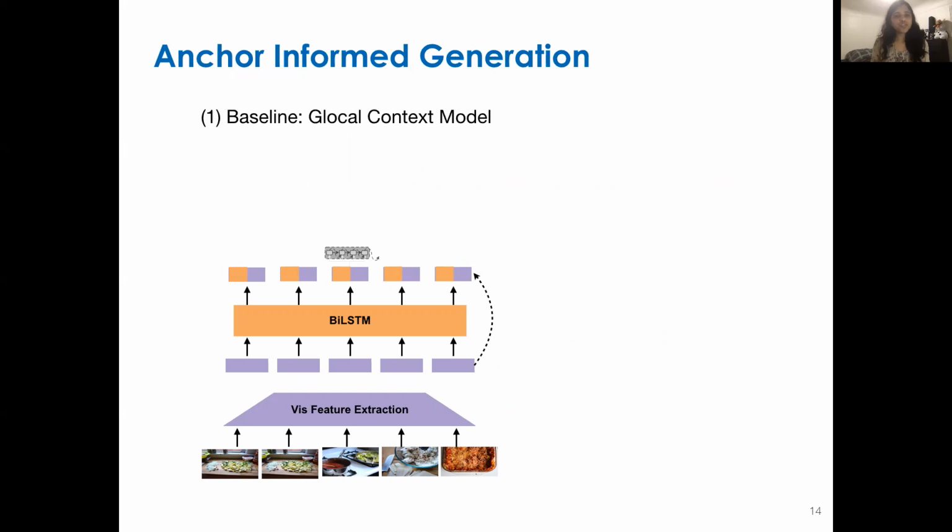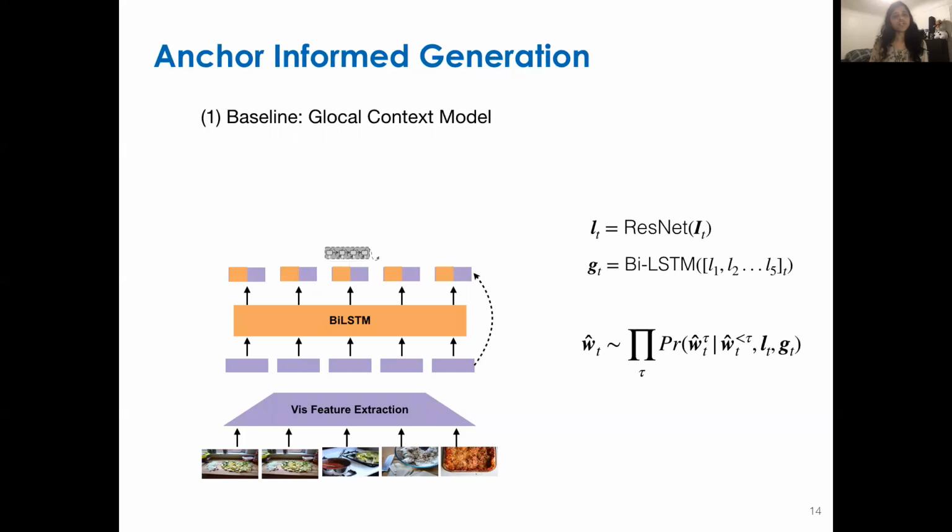Given a sequence of images, we first extract image features. These are the sentence level features for each image, and these local features are then passed through a couple of LSTM layers to derive the overall story level context. The sentence level and the story level features are connected using the residual connection to arrive at the local context. For any given time step in the story, this is fed into each time step of the decoder to generate